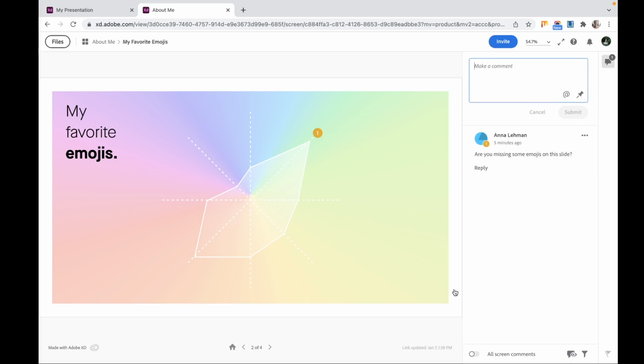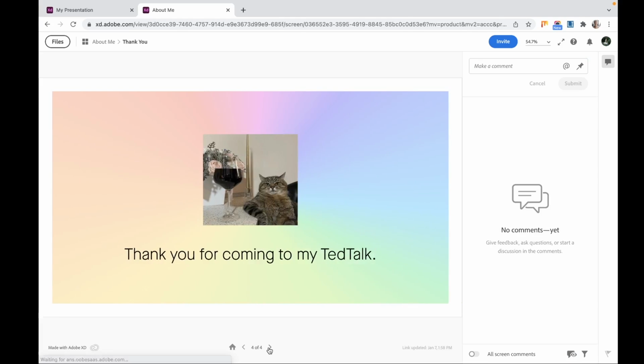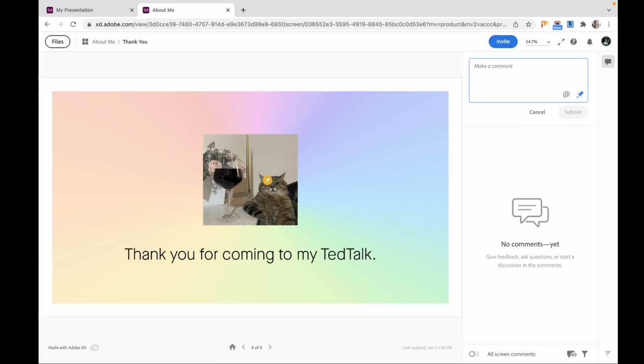And so if I want Anna to take a closer look at, let's say, I want her opinion on this meme here, I can place a specific pin on this meme, say, what are your thoughts on the wine cat meme? And if I hit @ it'll only suggest people who have already visited this page and left comments. So if you want to include someone new, like let's say my coworker Nick, he won't appear because I haven't sent this link to him and he hasn't entered the document and left his own comments yet. So we're just going to send this to Anna